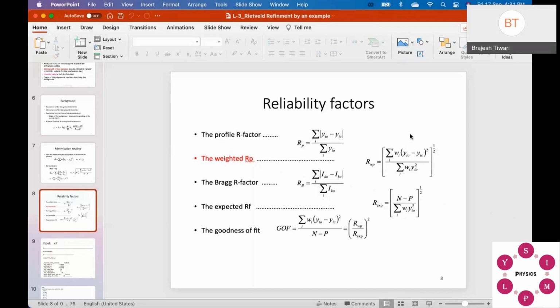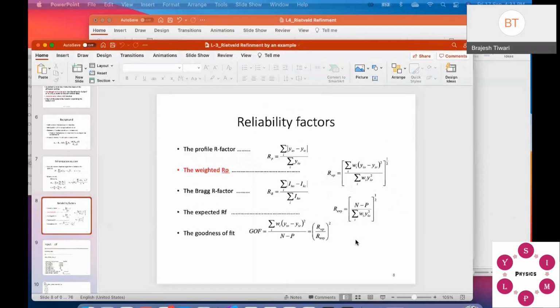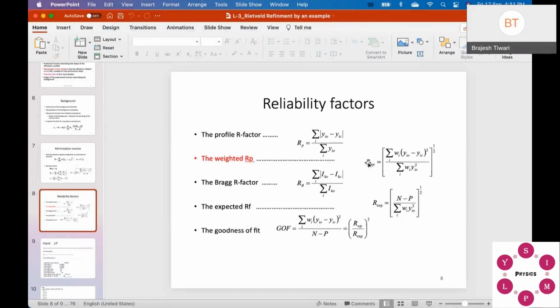Wherever your RWP is minimum, that is going to be your better atomic position. The other way around, you fix the atomic position, then manually change the lattice parameter and check where you get the minimum RWP, and that will be your best position or lattice parameter. So RWP is going to be your most important factor.